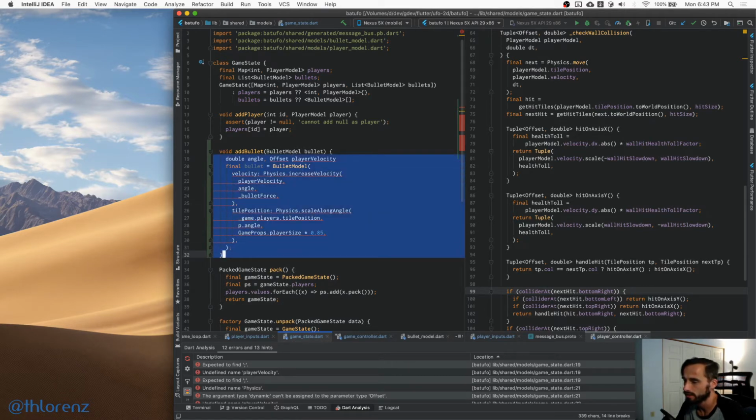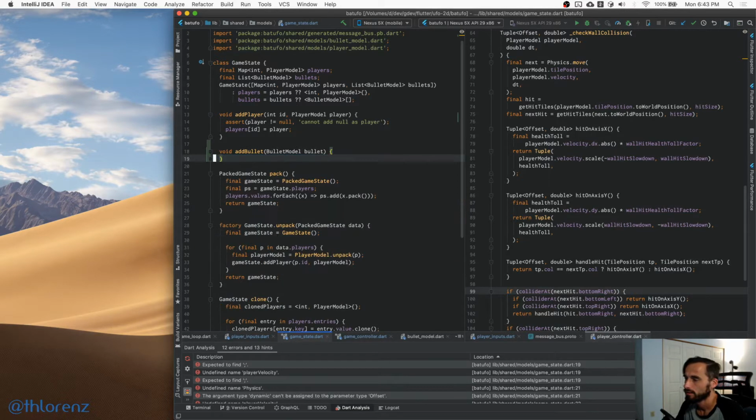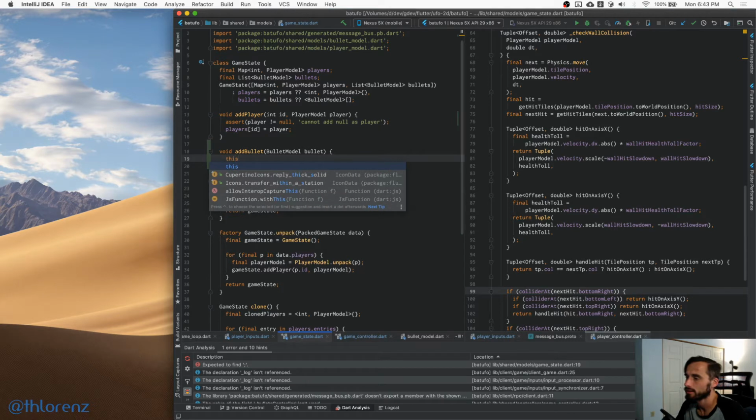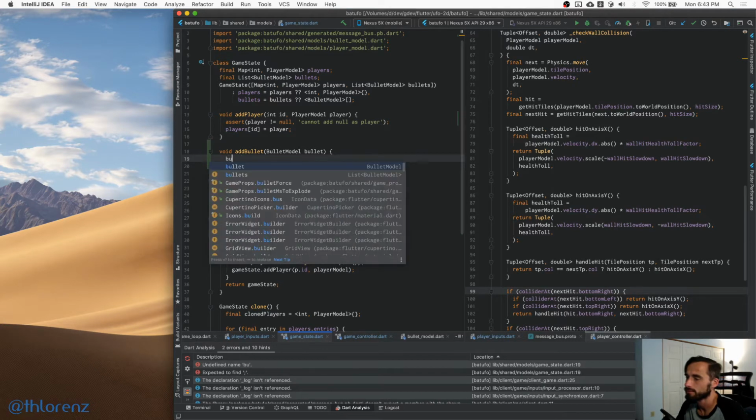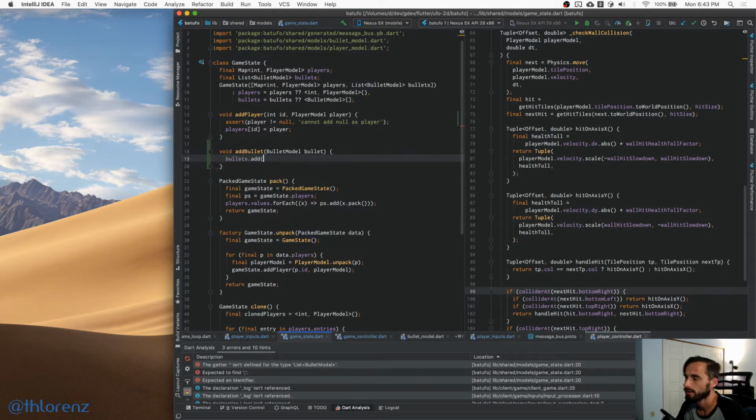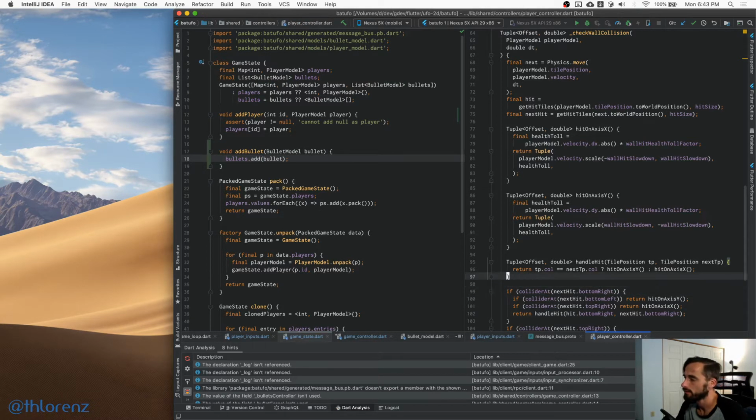I don't know where yet. And so here we just say this dot bullets, or we don't need this, add, and we just add the bullet. And now we basically just need to figure out, we're also going to make sure that it can be null in a second. Where can we basically